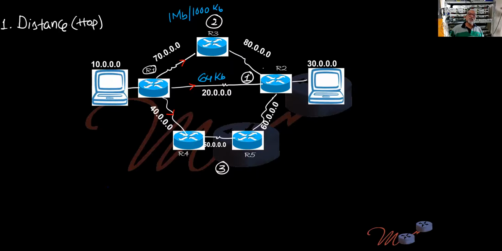Now, which is better? 1 hop extra, but it's close to 18 times faster than this. So if you take bandwidth as metric, so what is this? The measure, the metric. What is a metric? Kilo is a metric. Liter is a metric. Hour is a metric.